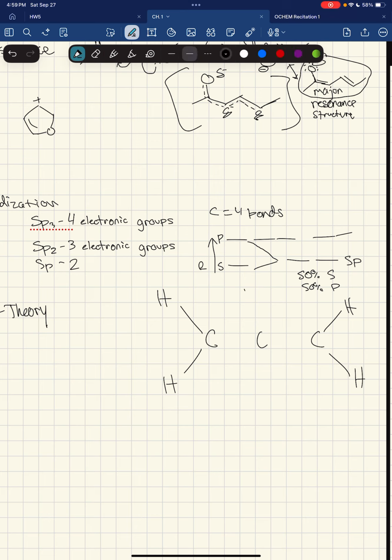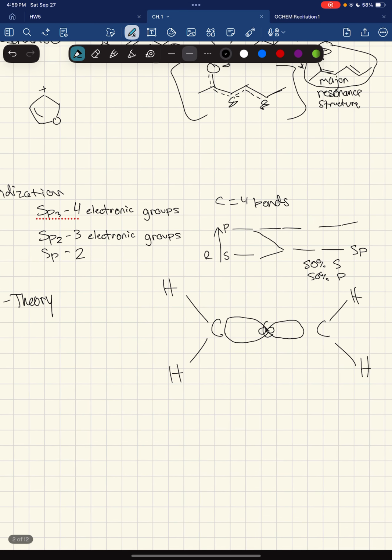P looks like the little dumbbell. So you're going to draw something like that. And then it has 2 of them. And then this one is